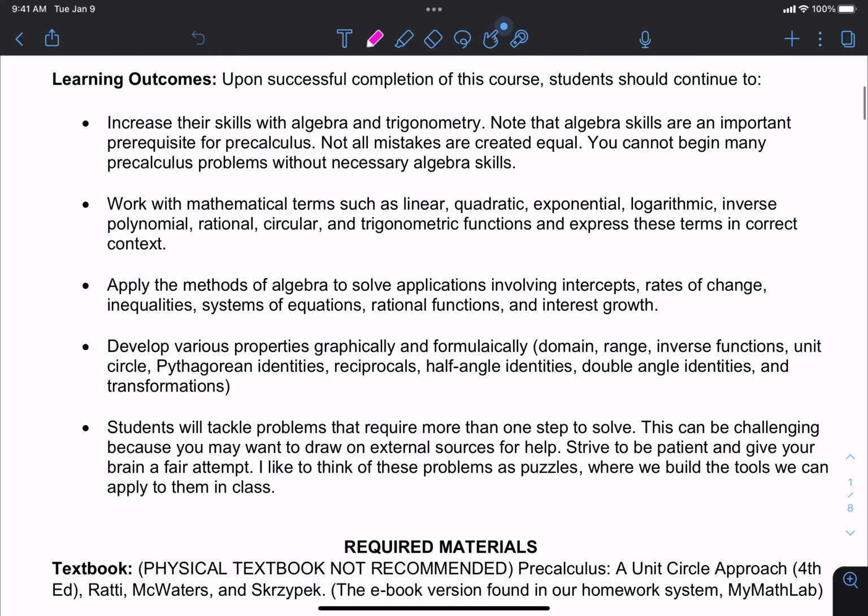You can read these on your own, I guess, but basically we're going to do algebra, trigonometry, we're going to do some graphing, we're going to learn about polynomials, we are going to do rational functions and exponential functions. What else are we going to do? Of course, anytime we talk about a function,